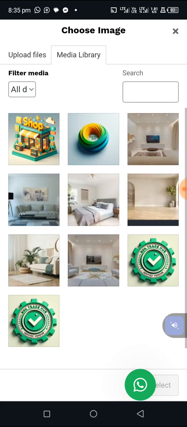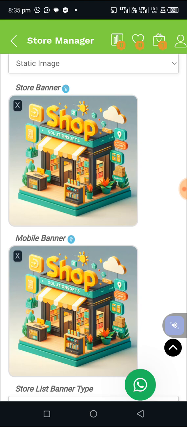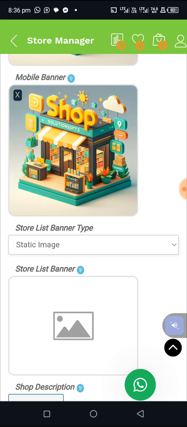same banner. The only difference is that the one the system will show if you are using a mobile phone, like this phone I'm using now. If I try to view this shop, the one I'll see is this mobile banner. If I'm using something like a laptop, any big screen, it will be this one that is a store banner. So let's keep going. Now,